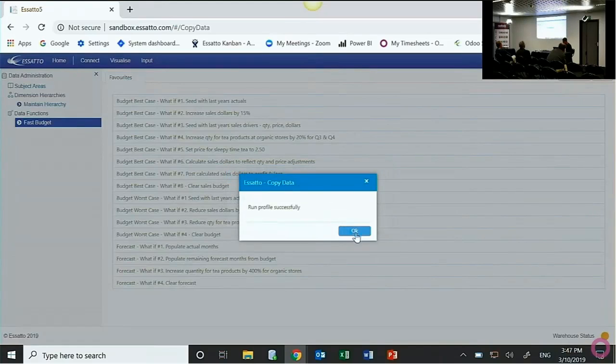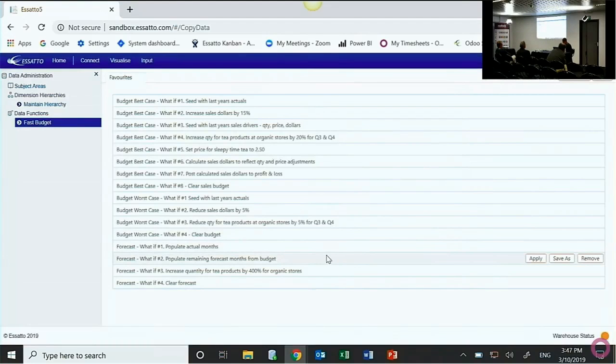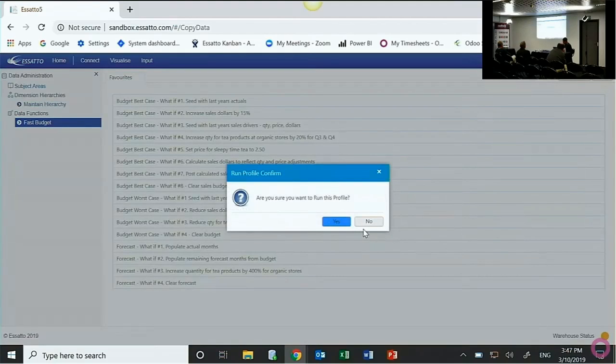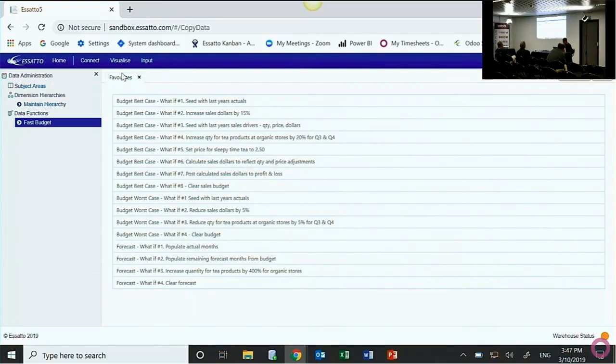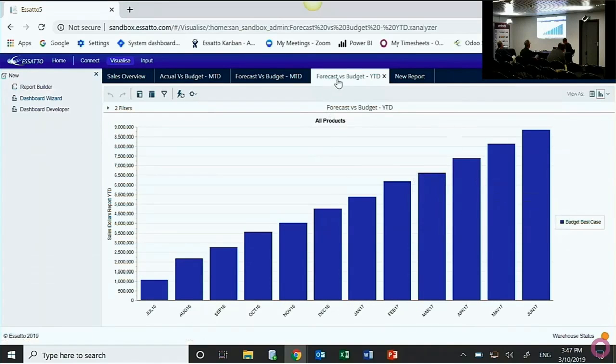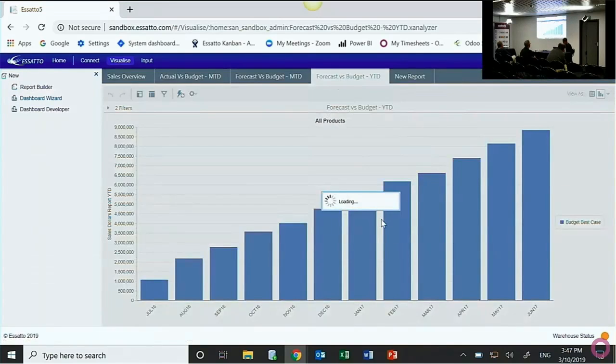because that's done. I can't change that, that's already happened. Then I'm going to use my budget to populate the 4 months of the year that still have to happen, and I'll use that as my starting position. So that's all happened. Essatto's just, at the lowest level of detail, created a revised sales forecast. If I refresh this report now,